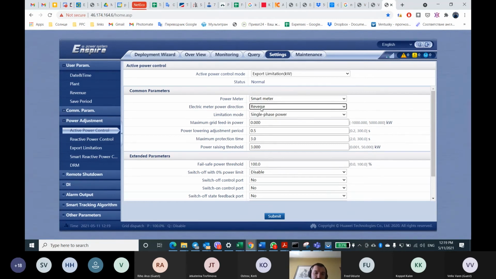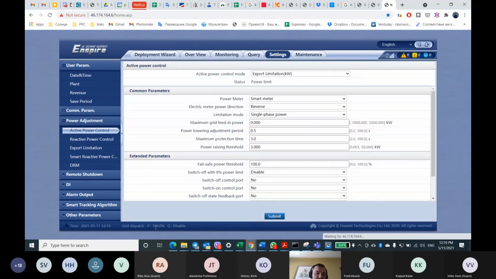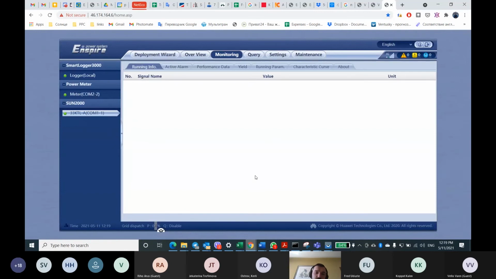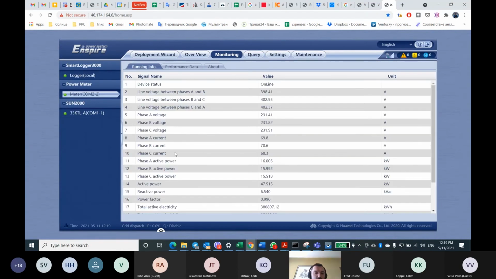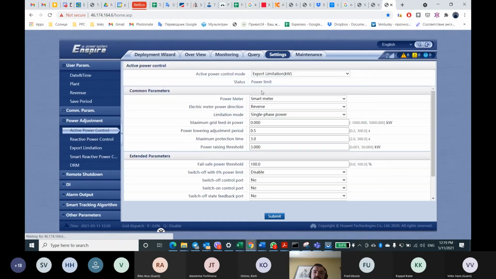So you change to reverse and press submit, and you see the command is immediately 0, and the inverter is already off. It produces 0 volts, and the meter starts to consume 40 kilowatt. Now we go back and change from reverse to positive.